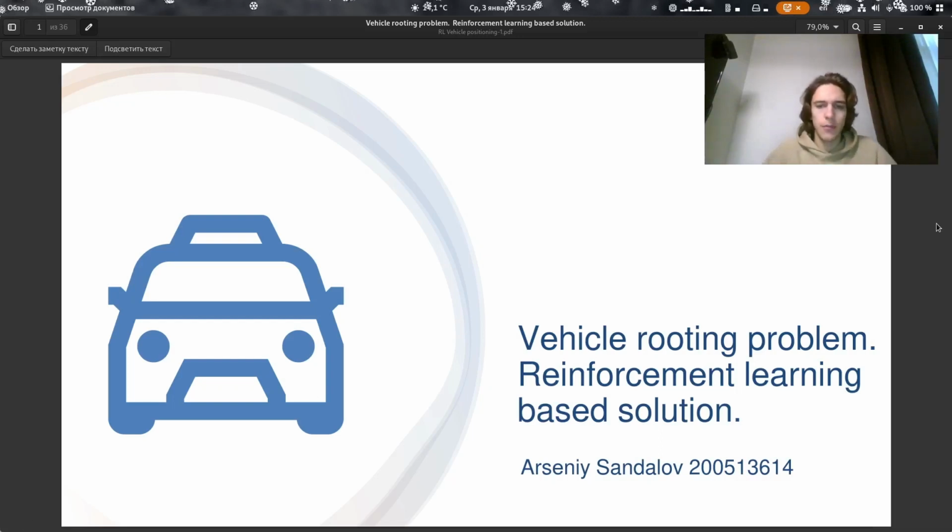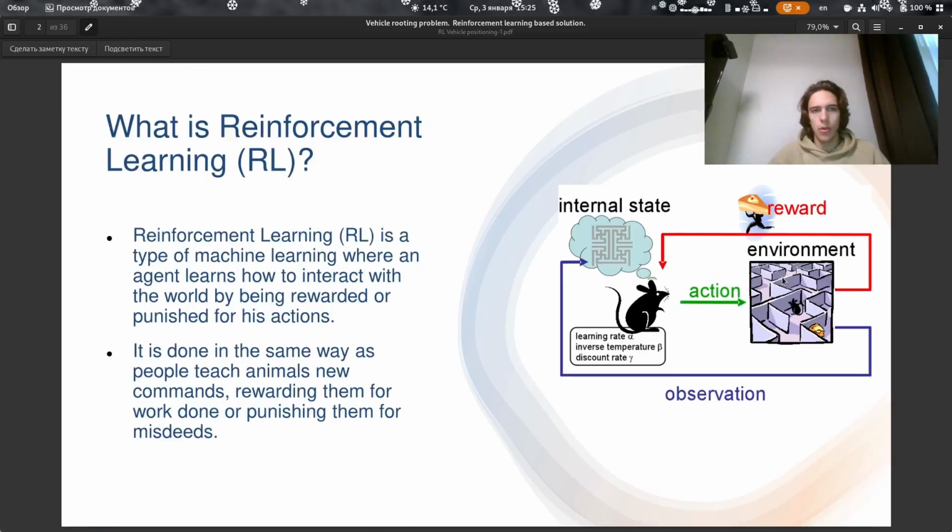Good morning, teacher. Today I will present my project. It is about vehicle routing problem, and there is a reinforcement learning based solution to this problem. So reinforcement learning is a type of machine learning where an agent interacts with an environment and gets punishment and